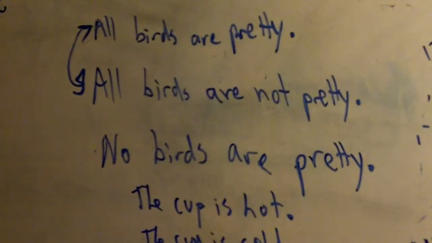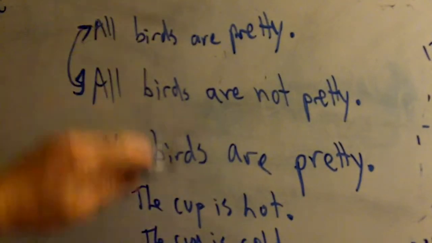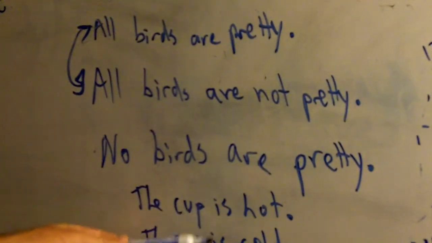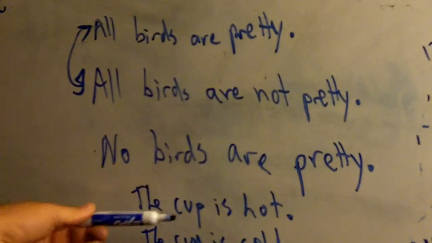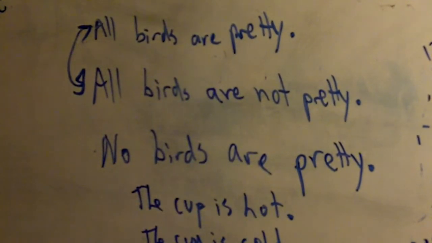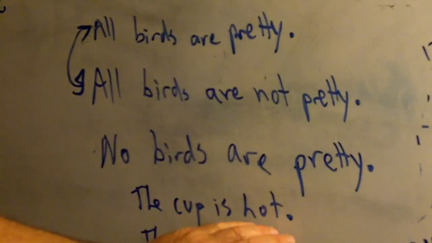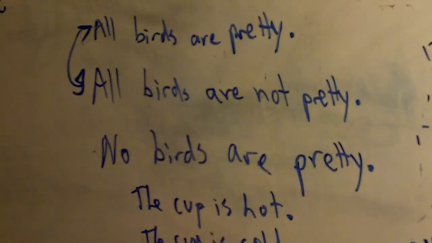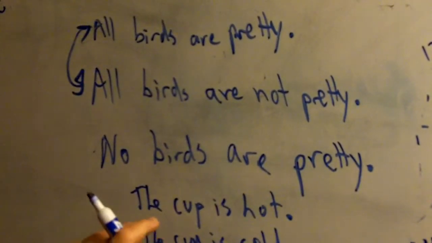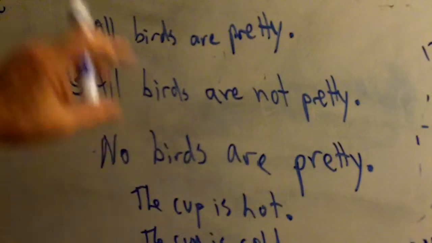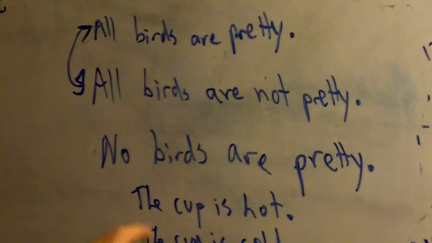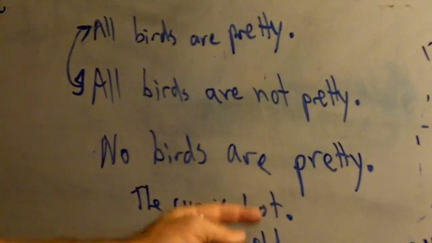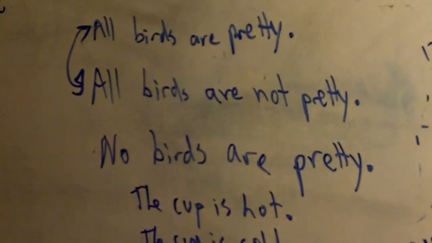That's the contrary premise. The reason that it's similar to this is because if the cup is cold is true, then it's false that the cup is hot. But if you didn't say anything about the cup being cold and you knew that the cup is hot was false, it's not necessarily true that the cup is cold. It could be warm or whatever. So that's the difference between the contrary. That's why this is a contrary form. In the singular subject, the contrary is formed by the contrary predicate, if it admits of a contrary.